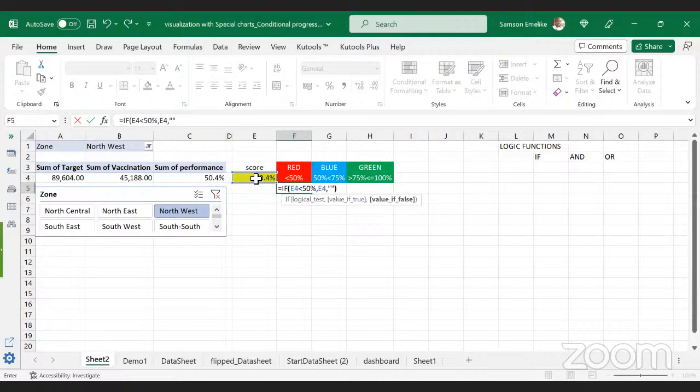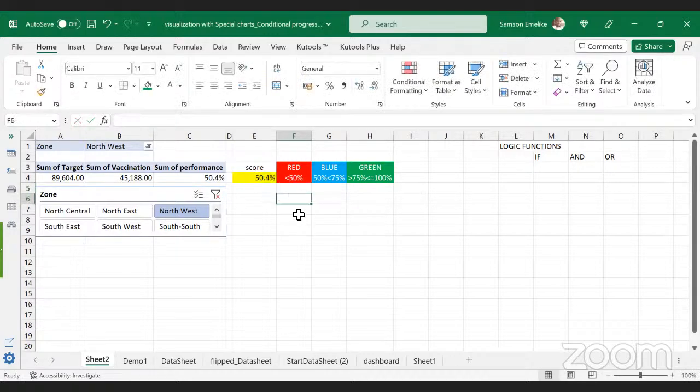Now I'm going to show something. You see, this is 50.4, and we defined it to be 50. So we are not getting any value here because this value is above 50. So it means it should fall into this point. So we are done defining this. So let's go and define the values that will come here. We are going to use a combination of